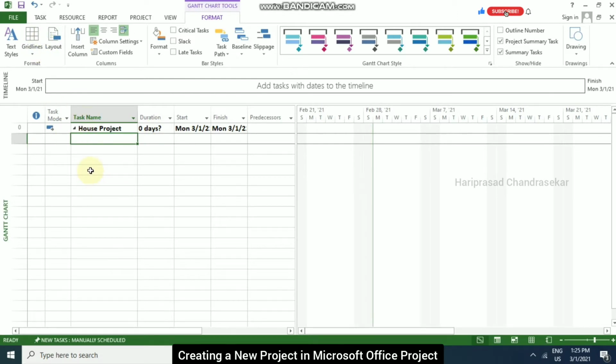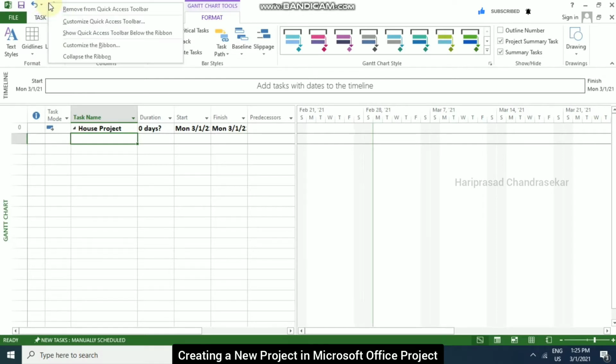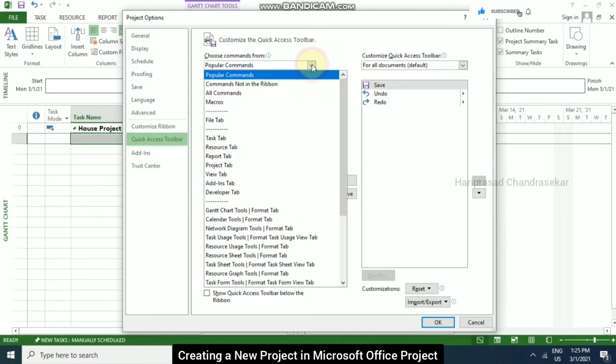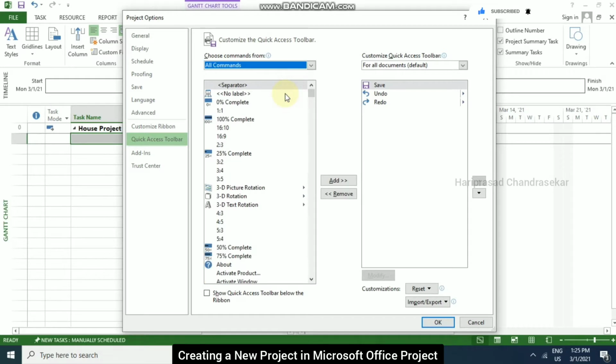Now we are going to modify something in the quick access toolbar. Just right click over the quick access toolbar and then click customize quick access toolbar. And here we can go to this drop down, and here you can go for all commands.